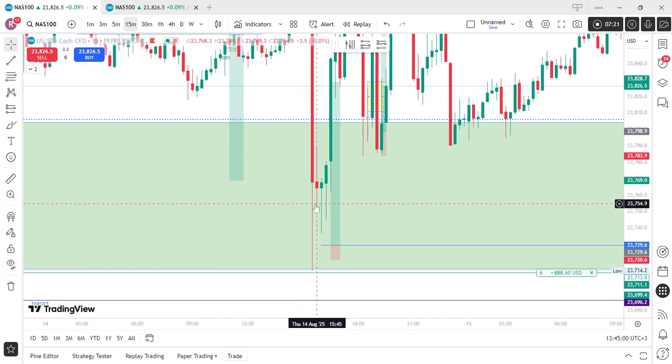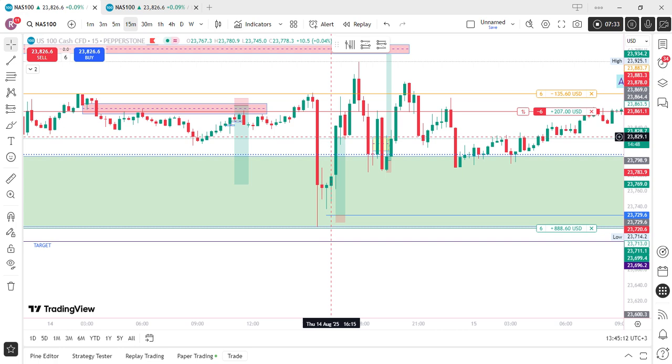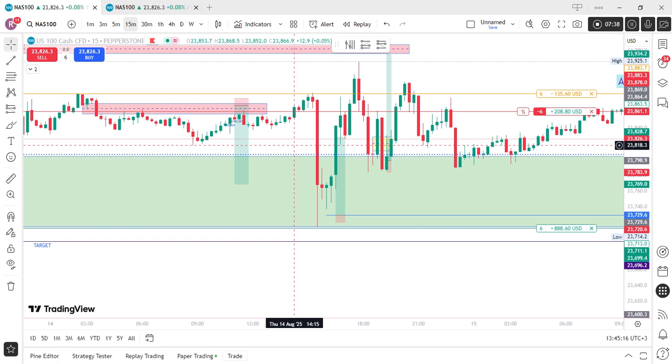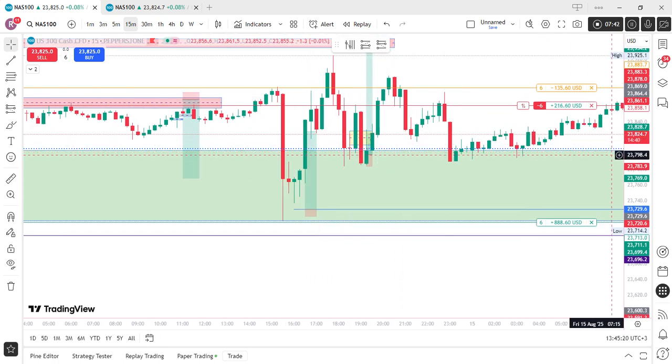You cannot really see because where I was buying here, it was on a lower time frame, like maybe 3 minutes and so on. So maybe you might be wondering how come? But I did take that trade here, and I exited over here. I would have even held it along here, but I have some rules, like once we reach 1 to 11R. There's some days you can even hit 1 to 20R, 1 to 30R. It's possible, guys. Even 1 to 50R. Don't joke with this thing. You can